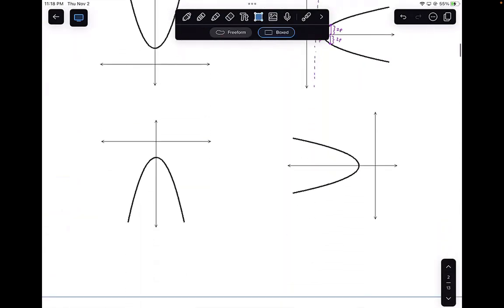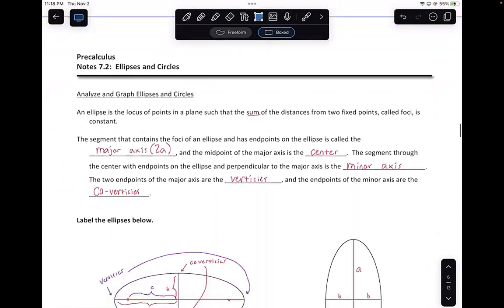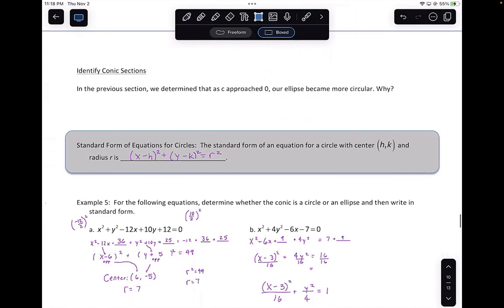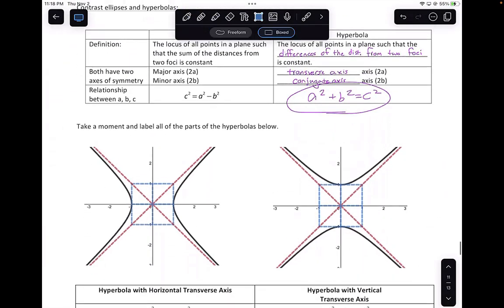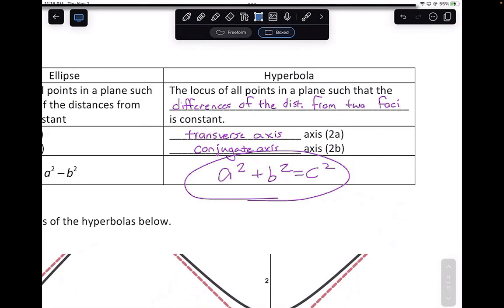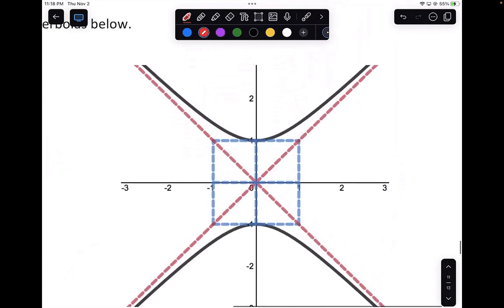So, if you want the technical definition of a hyperbola, a hyperbola is going to be the locus of all points such that the difference of the distances from the two foci is constant. Now, we won't really look at that vocabulary part of it, but technically, and I wouldn't sketch this out because we're going to erase it in a second,